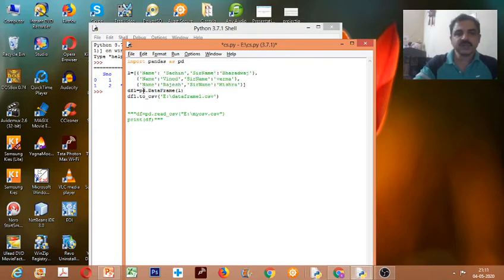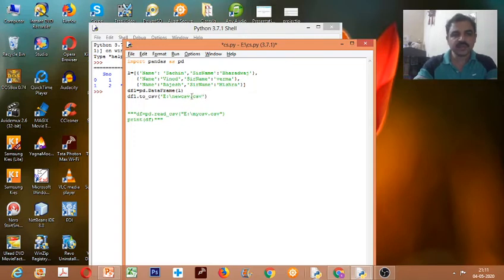So if I create a data frame from this list, it will be in tabular form, right? So I have a data frame now created. However, I want to convert it into a CSV file. So what I should do is use the data frame dot to_csv function, then specify the path where you want to save it, then also the file name. So we'll save, for example, a new CSV, new CSV dot CSV. So CSV is the file extension.